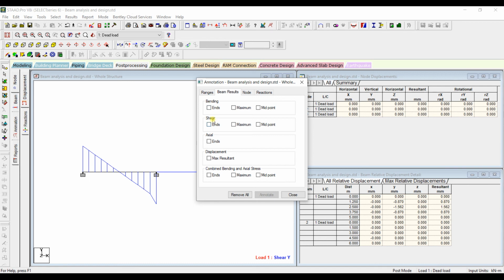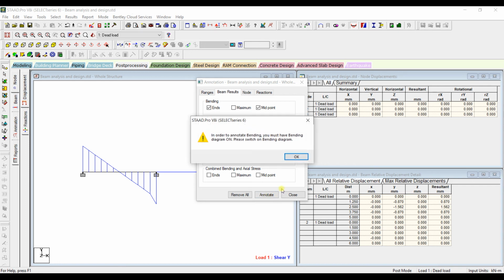This is the bending moment value, this is the shear force value, and to see the bending moment at ends, maximum or at midpoints, I will select ends and midpoint. You can select any option and left click on annotate.